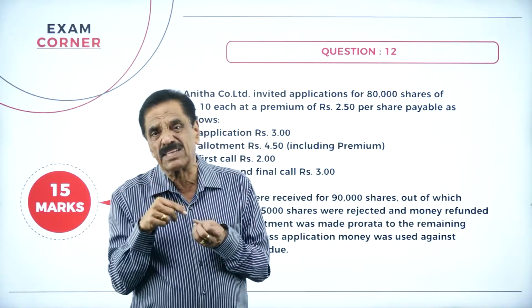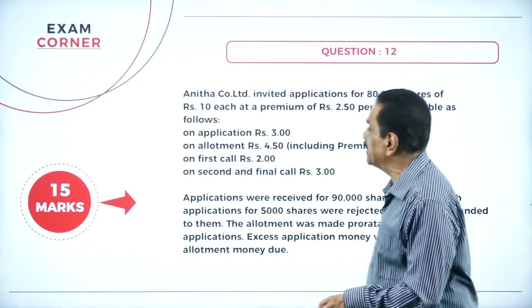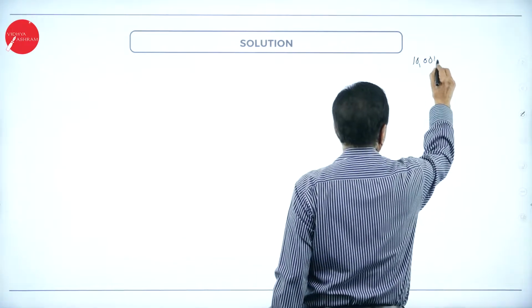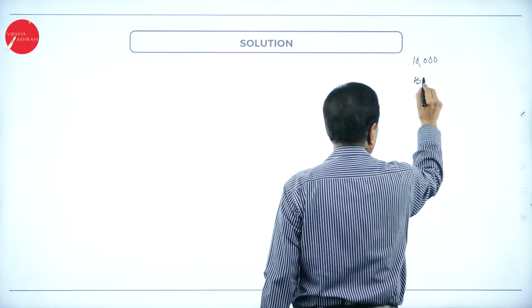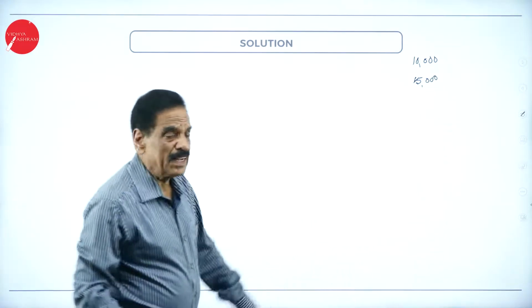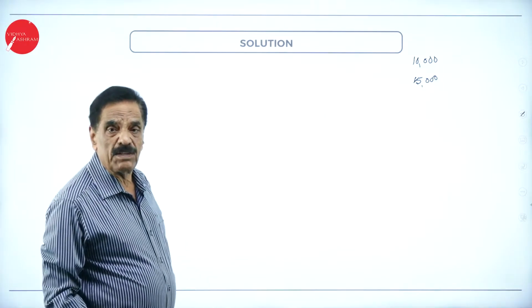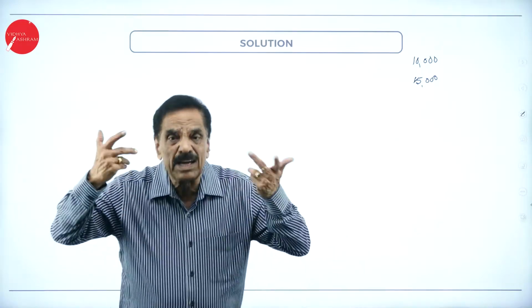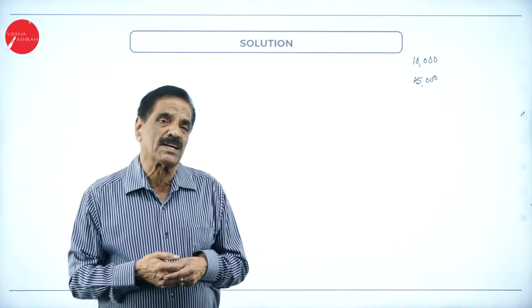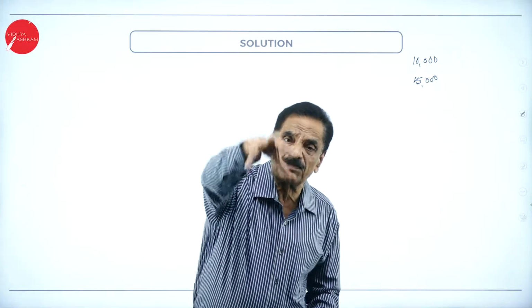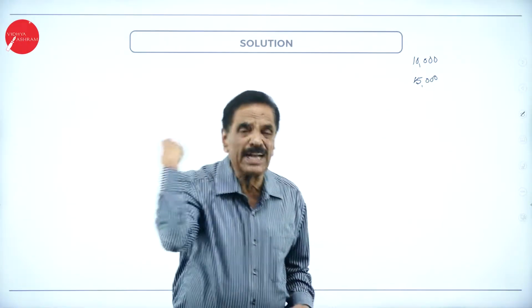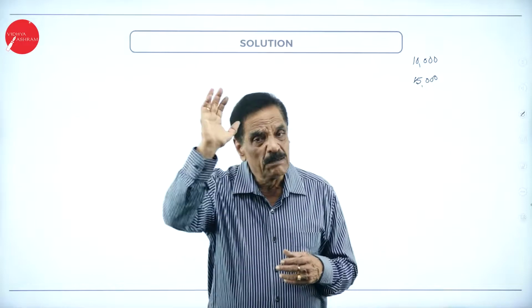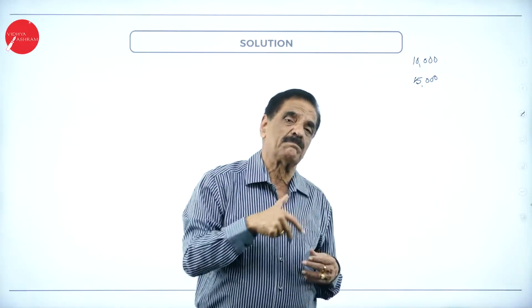Why do they do all these things? Here is a small example. The company has about 10,000 shares, but we received 15,000 applications. How many shares are there? 10,000. How many applications received? 15,000. So 5,000 applications more. Which applications should be rejected is a problem. So the company will keep all 15,000 applications in a box and randomly pick about 5,000 applications. Those applications will be rejected and the money will be refunded. This is a regular procedure.